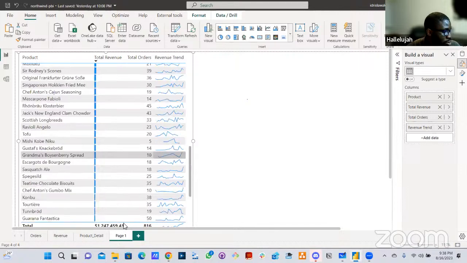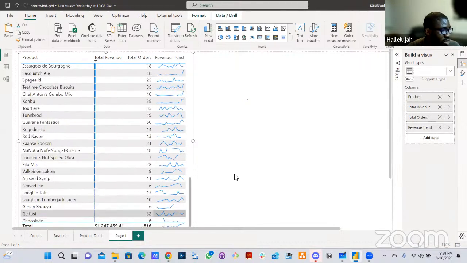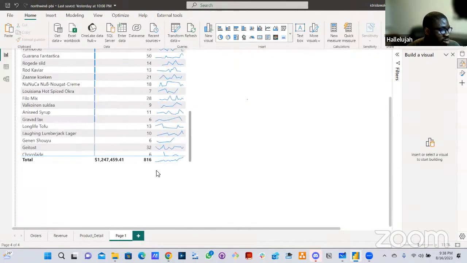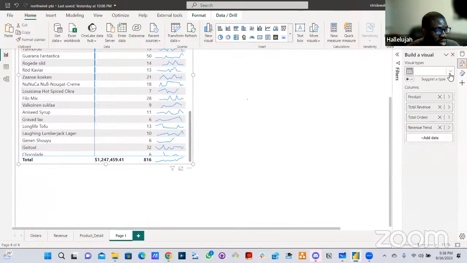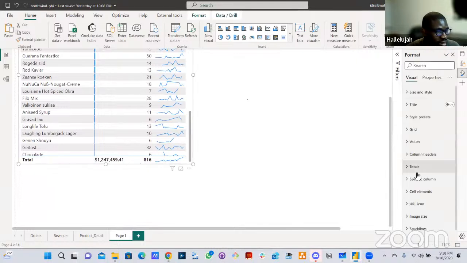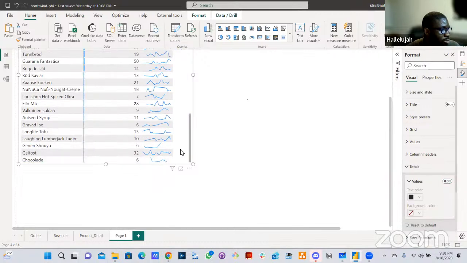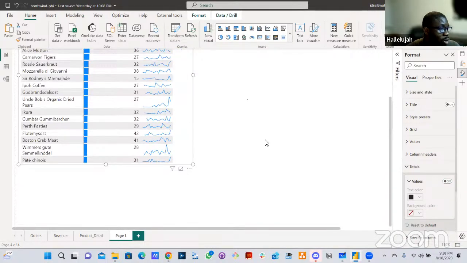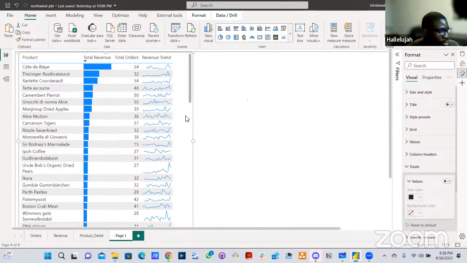Okay, you can remove this total. There's no need for this total to be there, this guy here. There's no point, yeah? You know how to do that by now. It's under formatting, totals, you turn off the totals. So you have your table. It's a very good thing to add, and all your products will be there. I'm going to copy this now and let's bring it to,